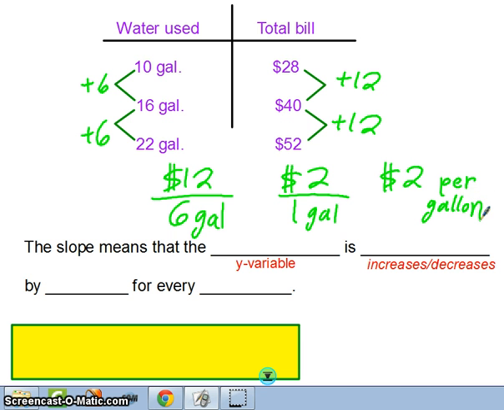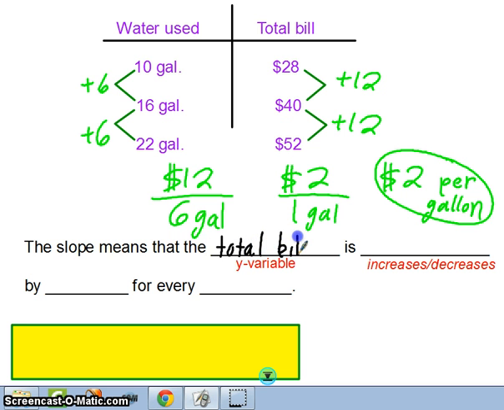There you go. So, in a nutshell, this is what the slope really means. It's this rate. If you want to talk about what the slope means, you could use this sort of structure right here. The slope means that the first variable we want to talk about is the y variable here, also known as your dependent variable. So the slope means that the